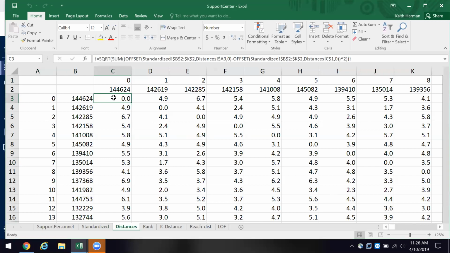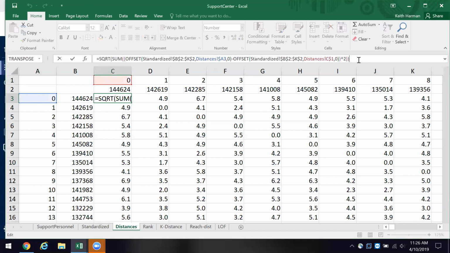We're going to get the square root of everything inside this sum, okay? And we're going to use the offset. The offset function is an interesting one because it basically says, and let's look at this, we're going to get data right here from the standardized tab, okay?